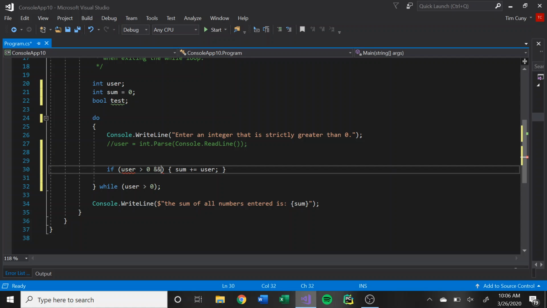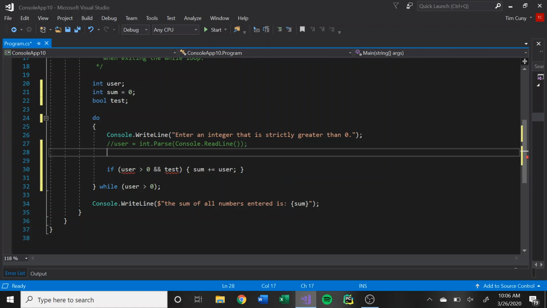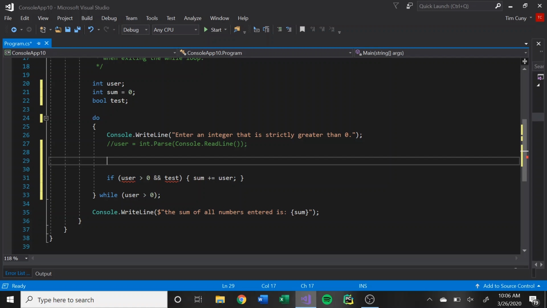I'm going to change our condition if statement to and test. So basically, as long as the test is true, i.e. they give us a valid value, then we continue on, and then they'll add it. Because you don't want to add something that's not a value that you can add to an integer, because you'll break your program. Try parse, gotcha. All right, so test, so our boolean equals